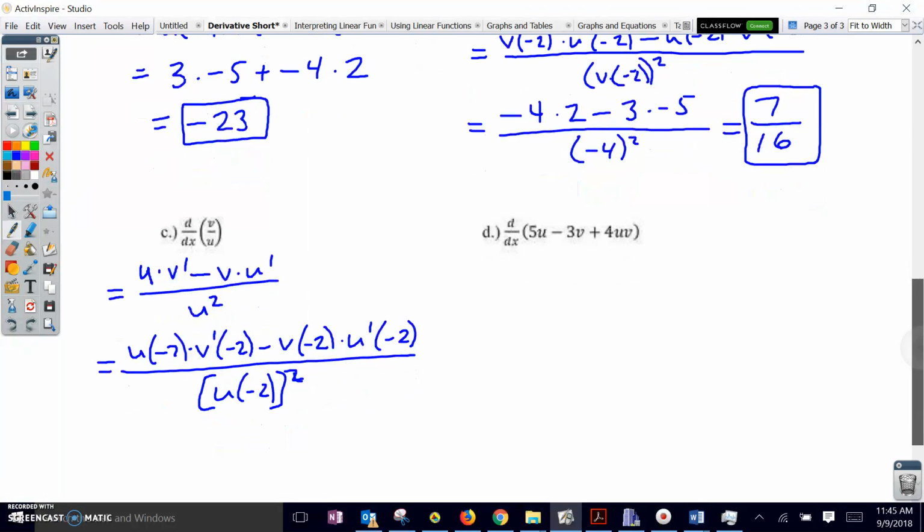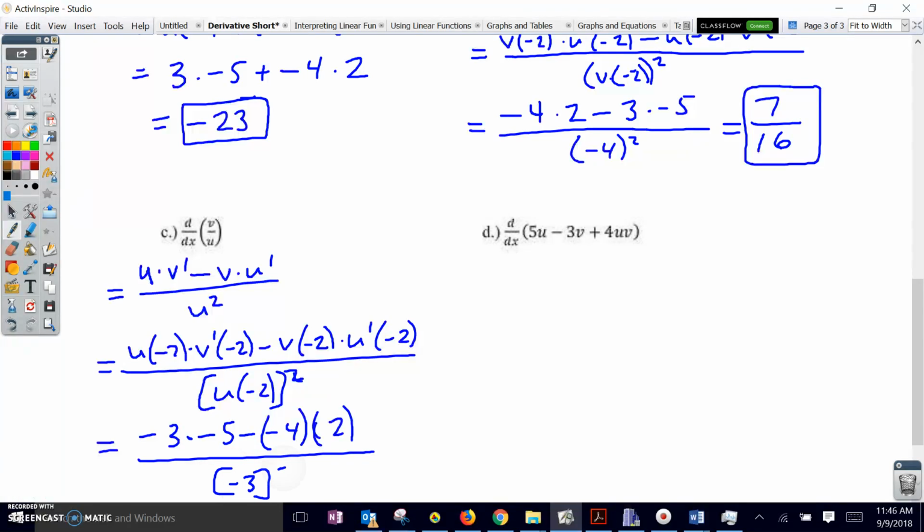Alright. U of negative 2 is negative 3. V prime of negative 2 is negative 5. V of negative 2 is negative 4. U prime is positive 2. And u of negative 2 is negative 3. And doing all the calculations here, I've got 15 plus 8, which is going to give me